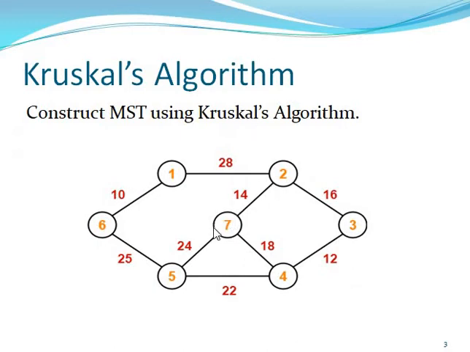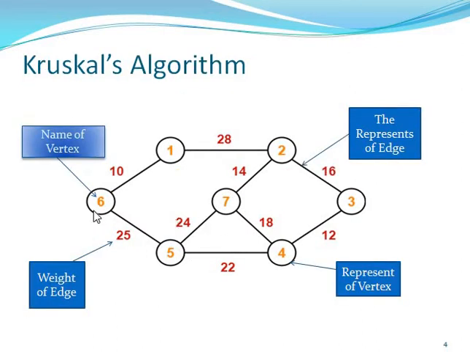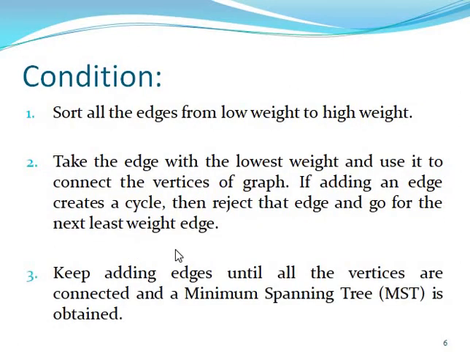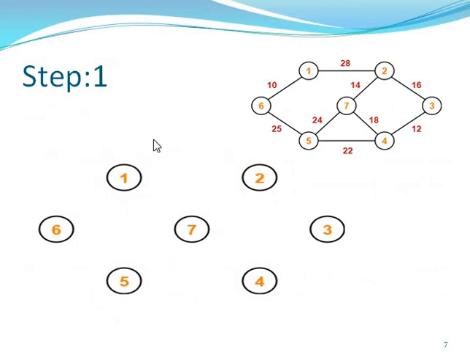You can take one chart or image of the Kruskal algorithm, and you can solve it. You can show that here is the name of the vertex, and here is the weight. This is the important thing, and this round shape represents the vertex. This is the edge. When you connect these 2 points, it is called an edge. So here the weight is important. So what we can do, step number 1.